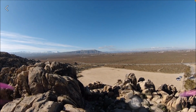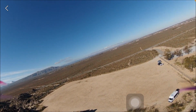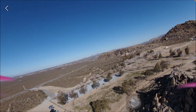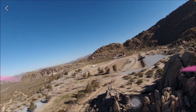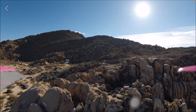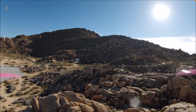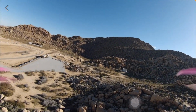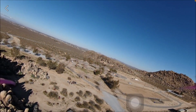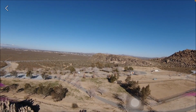Look at that. Very nice. There's a lot of cars today. Wow. Oh yeah, this is like really nice. It is as if, like I say, you're wearing the DJI FPV goggles. Basically the same thing without the on-screen display. Oh, this is like